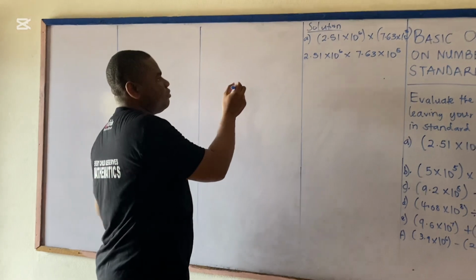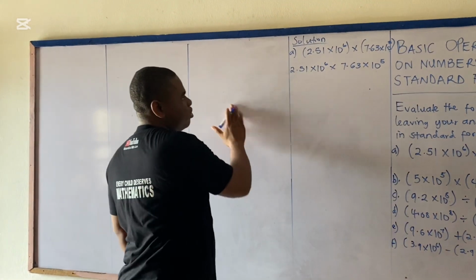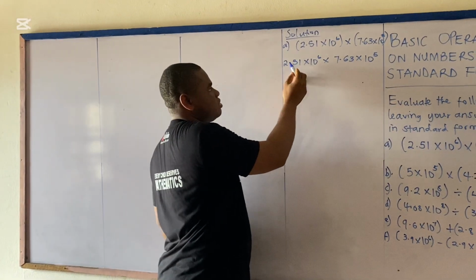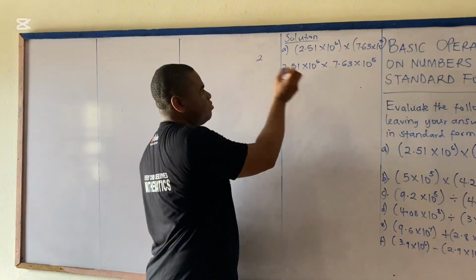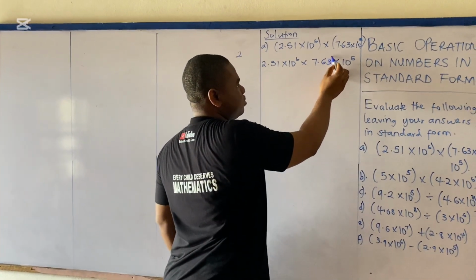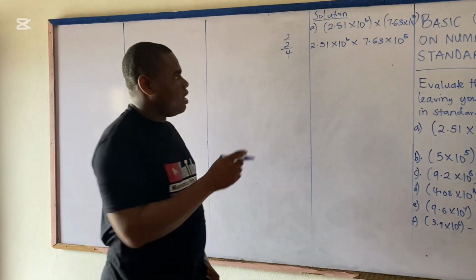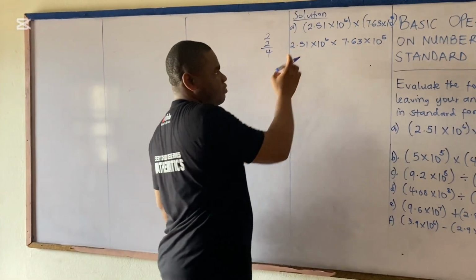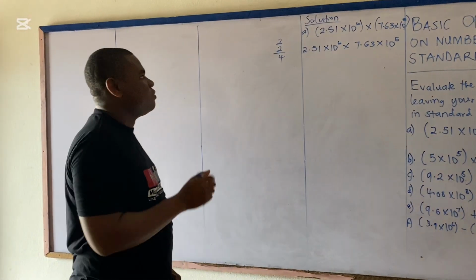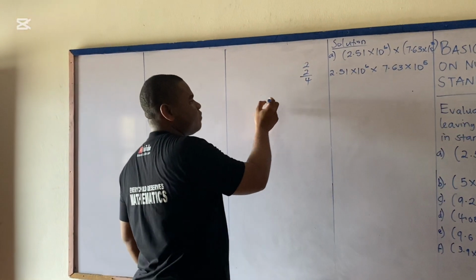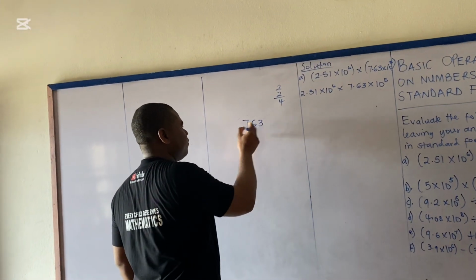First of all, I have to convert these to whole numbers. So I move 1, 2. That's 2 times. 1, 2. That's 2 times. So that is 4 times. So when I get my answer from the product of these, I will move my decimal point backwards 4 times. Now let me explain that with this. So we have 763 times